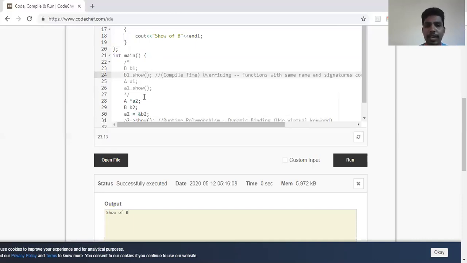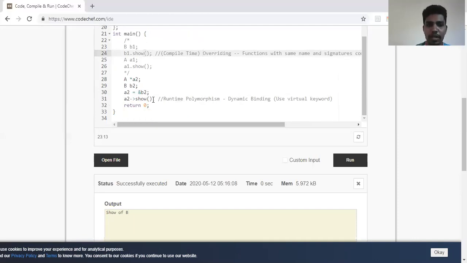But here it is not the case. If I've written it as a virtual function, then A1 goes for calling the child's method. So this is during runtime. It's having dynamic dispatch also, we call this process. So this is called dynamic binding. So we have covered all the concepts of polymorphism, inheritance, abstraction, and encapsulation in C++.